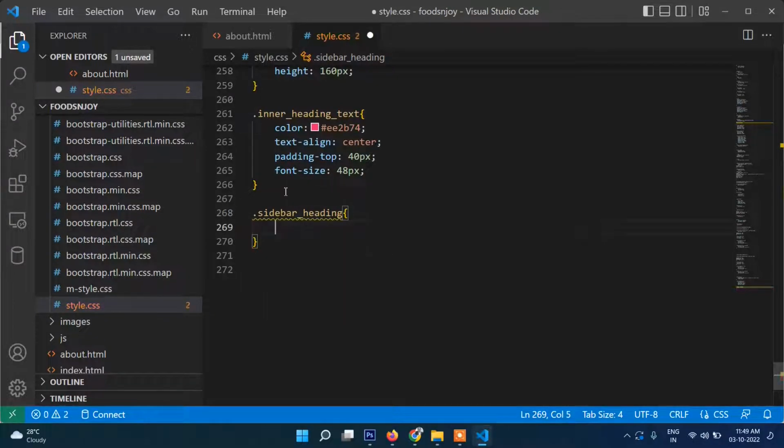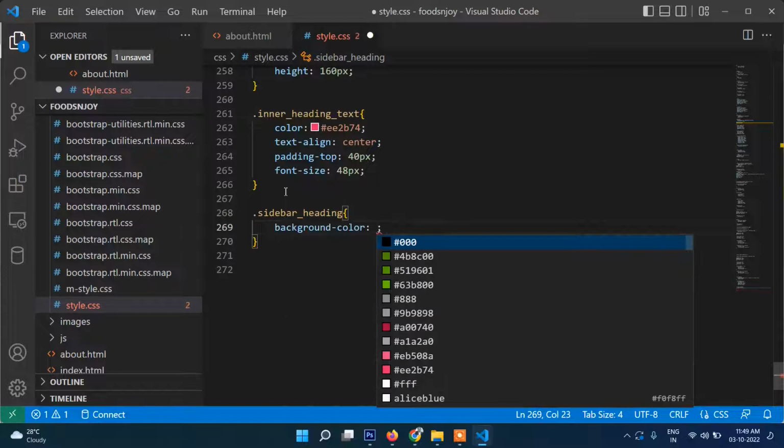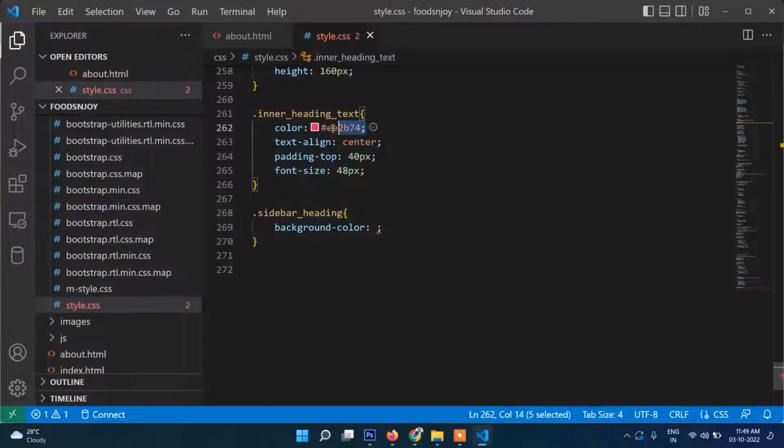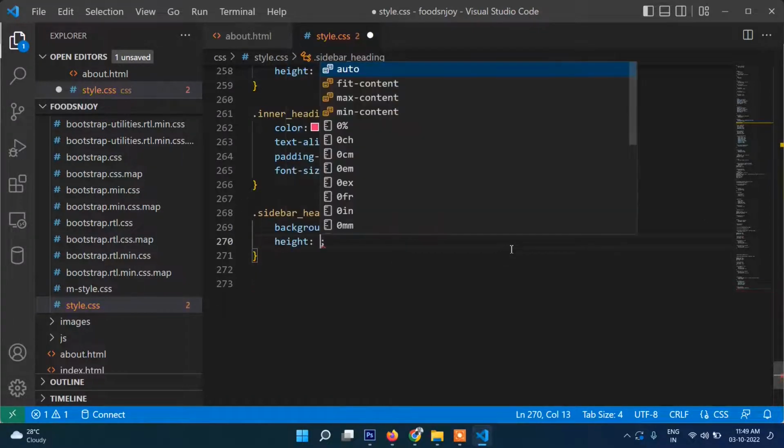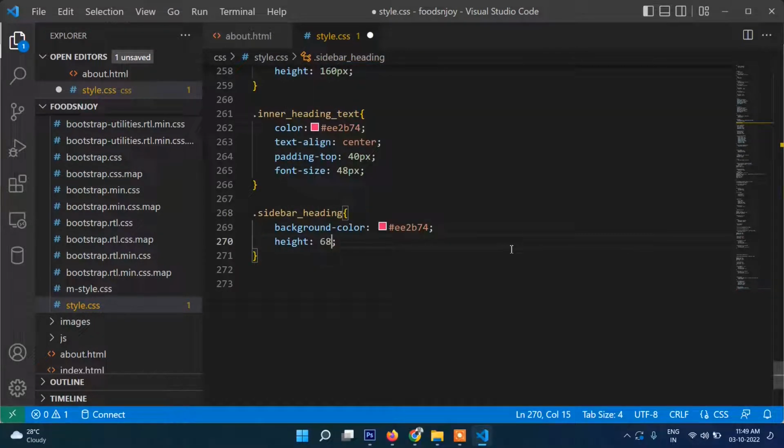Background color, this color. Height 68 px. Now let's check,